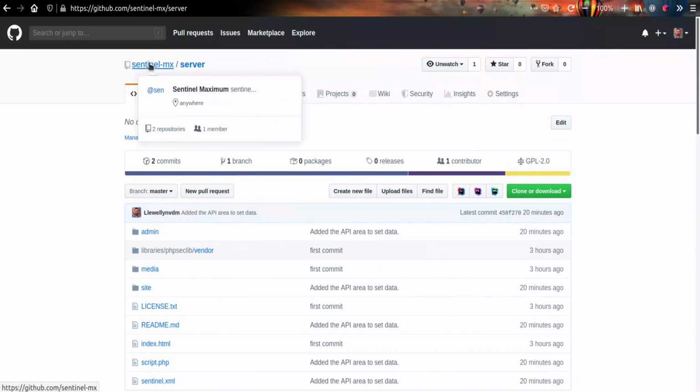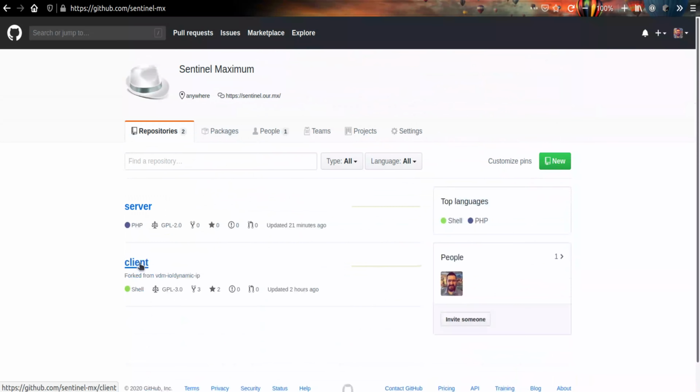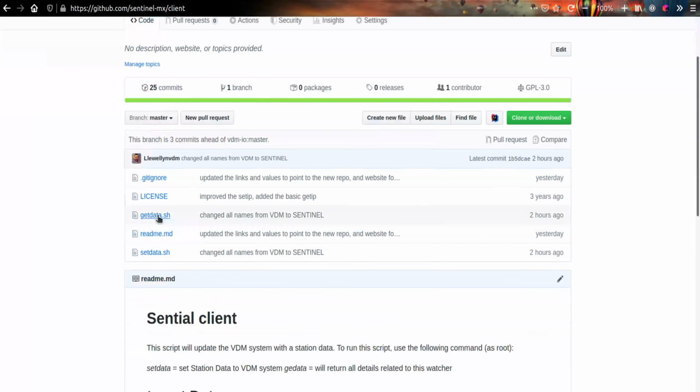And then there's the client side, which is the actual shell scripting. The client has two files that are mainly going to be used. One is to get data, and the purpose would be eventually that the data that we get tells the workstation what type of data we want to gather, and probably puts things in place, scripts and stuff that would achieve that. And then the send data is a script that will then act upon that